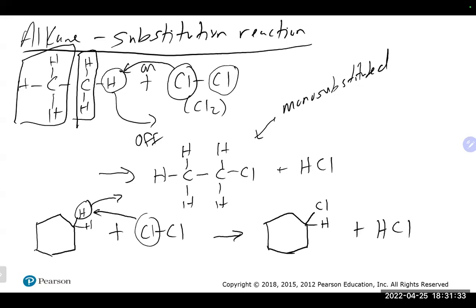So when you draw products for reactions of organic molecules, people like to do all kinds of weird things because they think it must be way more complicated than it is. It is not. There's really just one spot that changes. Everything else remains the same, which means that 99% of the time, you have almost 99% of the structure you need to draw right there. You just change the one thing that changes, and you'll end up with the right thing. Question on substitution reactions here. Question on alkanes.